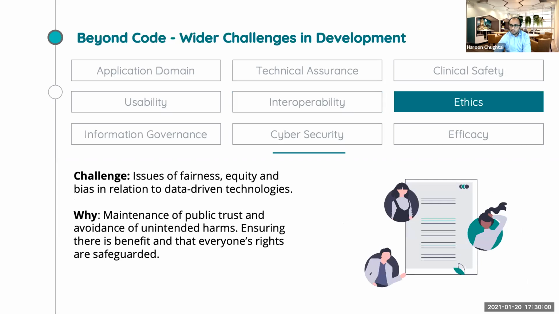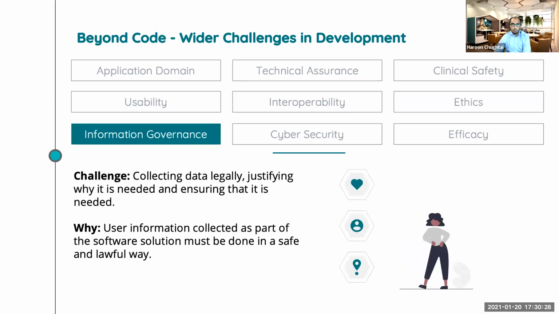And there's also wider issues about ethics. That could be research ethics, or it could be data ethics. With data ethics especially, you need to have assurance that whatever you're doing is fair, that it works for all populations, that it doesn't only work for people of a certain gender or a certain race. And part of that is to maintain trust in the public and avoid any unintended harms, ensuring that everyone's rights are safeguarded, which also leads on to information governance and ensuring that everything is collected in a legal way, which